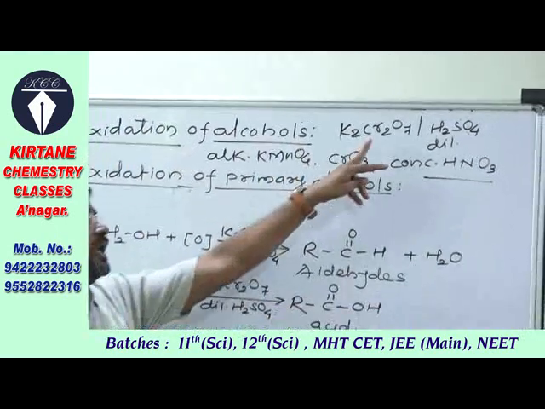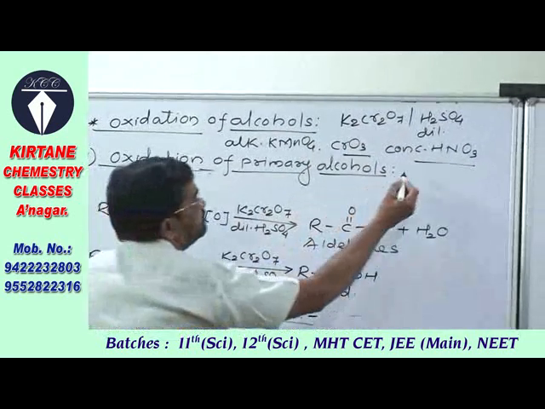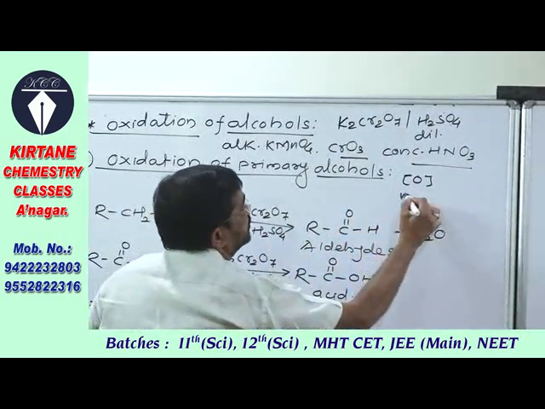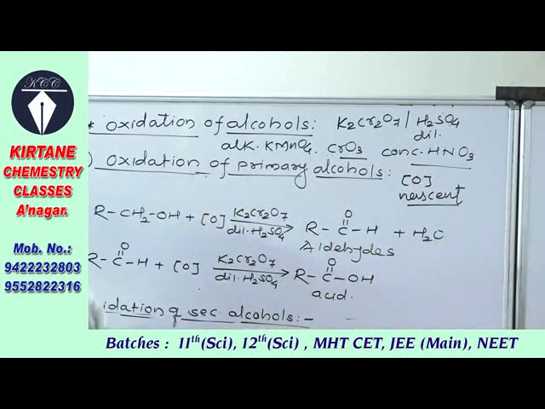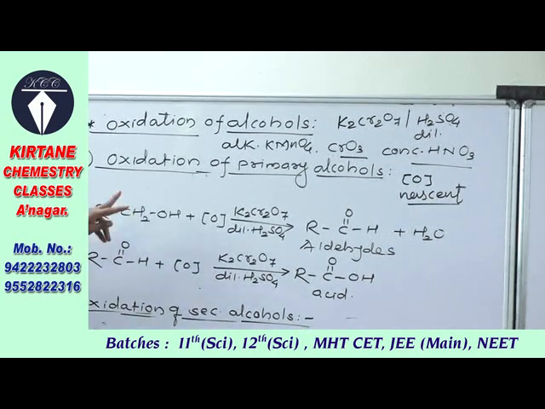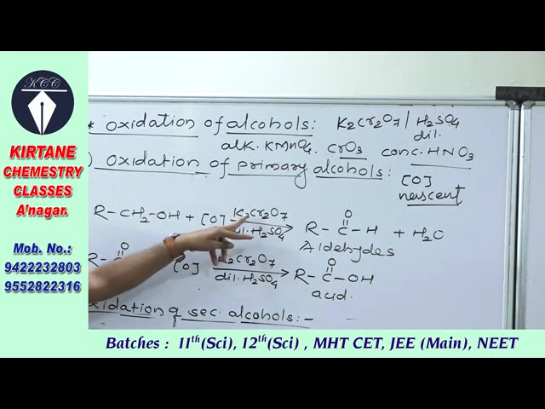So here what happens, when acid is added in potassium dichromate, then nascent oxygen atoms are formed which are very active and they are responsible for the oxidation. Okay, separately we have to study oxidation of primary alcohol, then oxidation of secondary alcohol, and lastly the tertiary alcohol. Here see, primary alcohols when oxidized by using acidified potassium dichromate